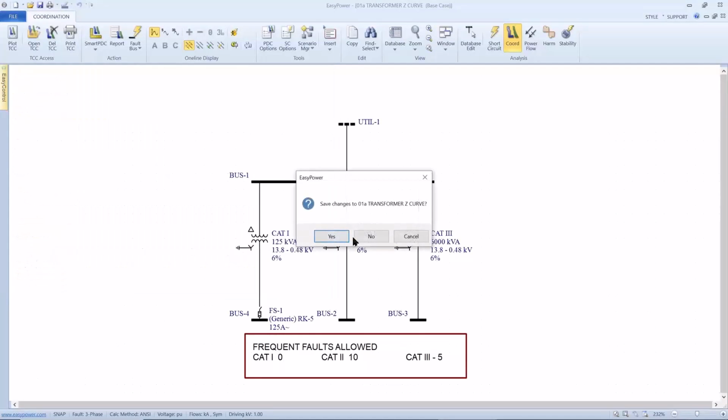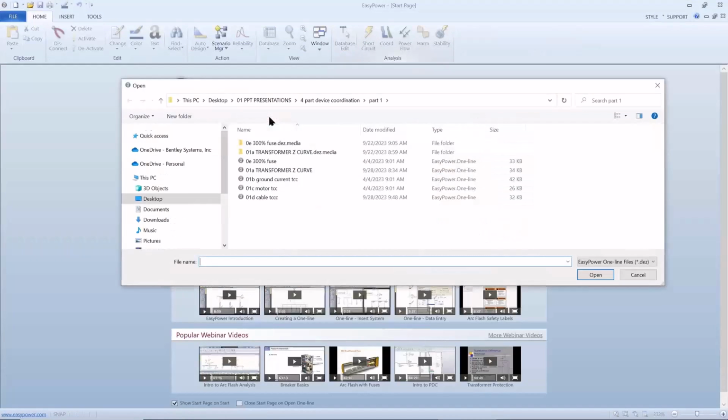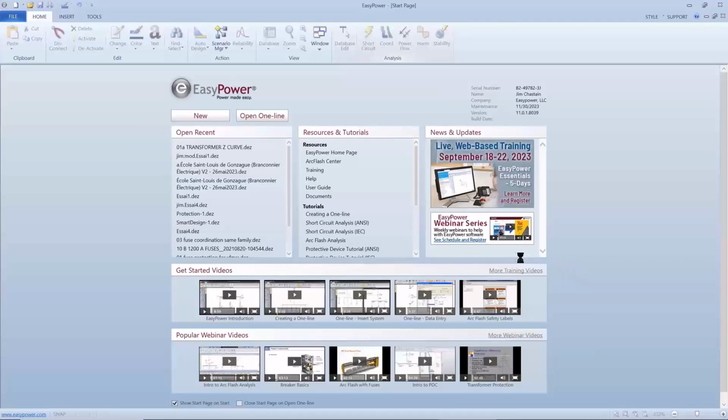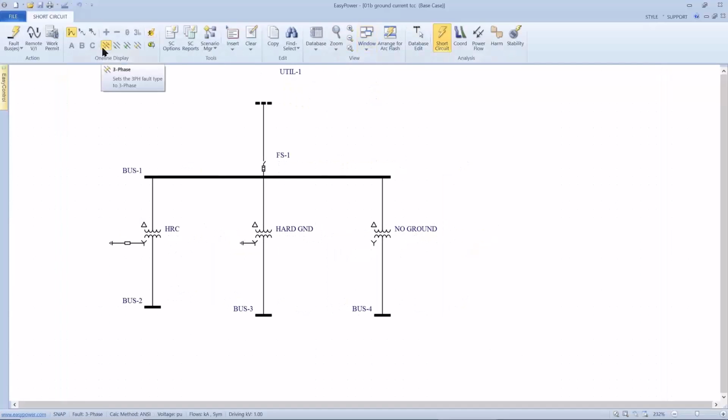Now this is a little hard to conceive as a first, if it's the first time you've heard it, but it makes a whole lot of sense once you see it in a real circuit. So again, we have the potential for 3 different configurations: high resistance grounding on the neutral, hard ground on the neutral, and then no ground on the neutral. And we have primary protection of a 40 amp fuse. So if I go to short circuit, I'm sorry, if I go to coordination,